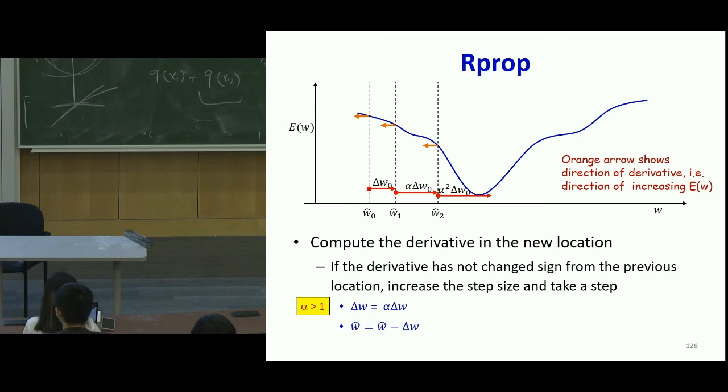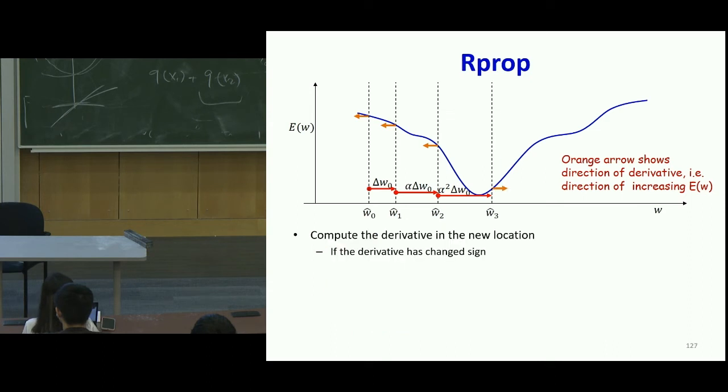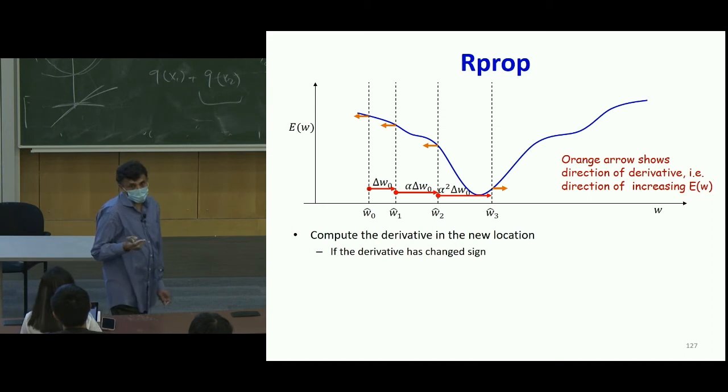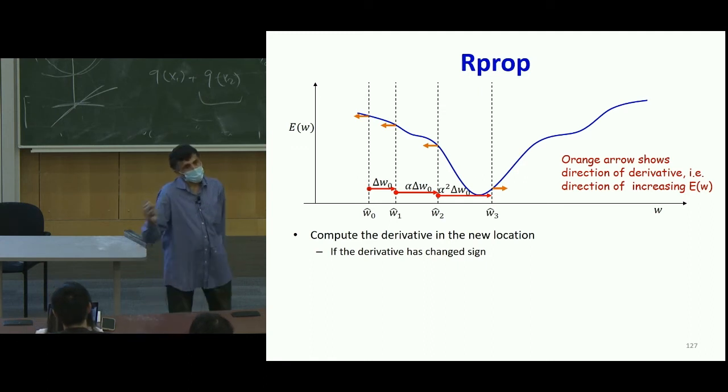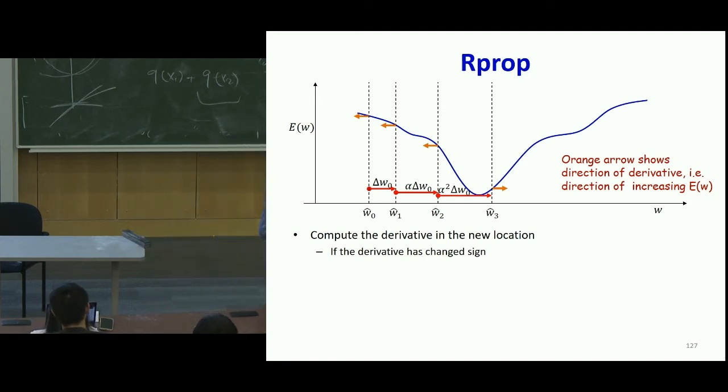But now suppose this larger step size takes you across the minimum. Then what will happen? What happens to the sign of the derivative? It's going to flip, right? If it flips, if I were to ask one of you what would be the reasonable thing to do, what would it be? You can go right back, yeah, and now take a smaller step,